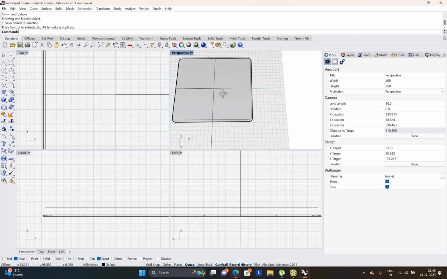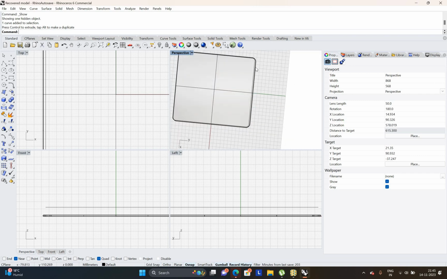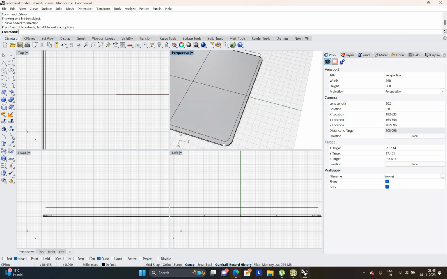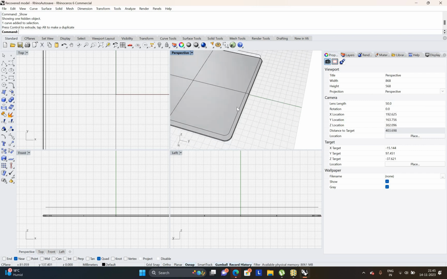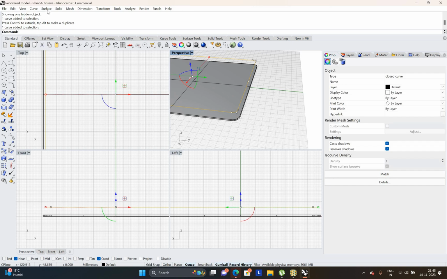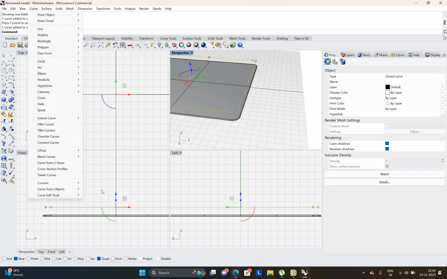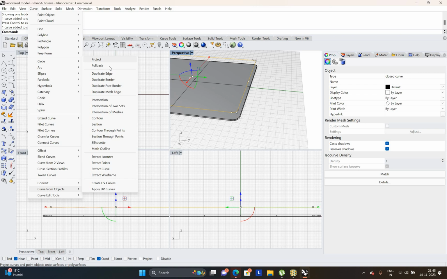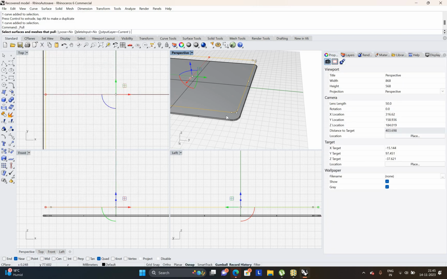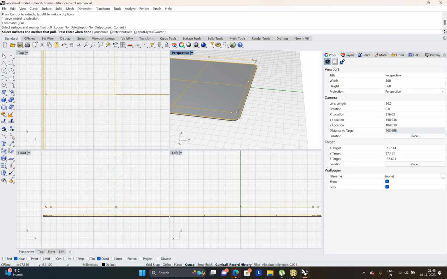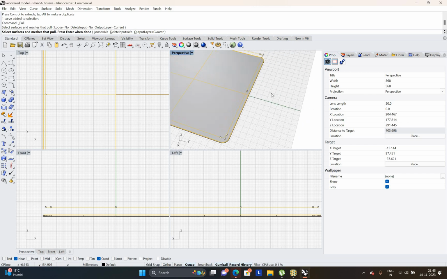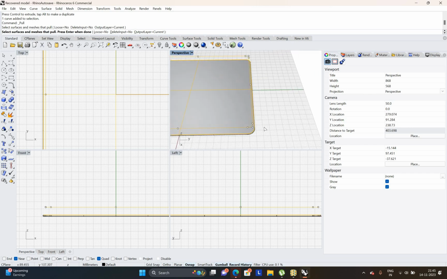So we have this line here, and what I'm going to do is project it on the surface. I'll select the line first, go to curve from object, and here I'm going to go to pull back and click on the surface. What actually has happened, I see it's already there. There's one here also. So actually two copies have been made. So here you have an option, like suppose,